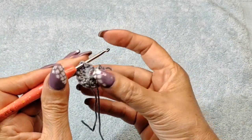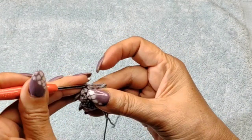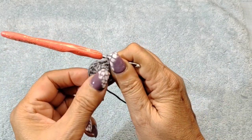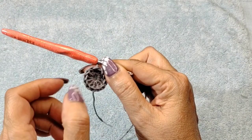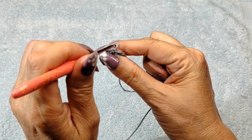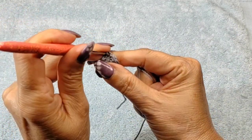I'm going to bring that string to the back, just so we don't have a mark going up. I'm sure you guys have seen me do this centerpiece pattern before. The middle piece, of course, will be different because of the motifs on the other one. So I'm stretching my thread a bit, not too long, not too short, and I'm coming back in